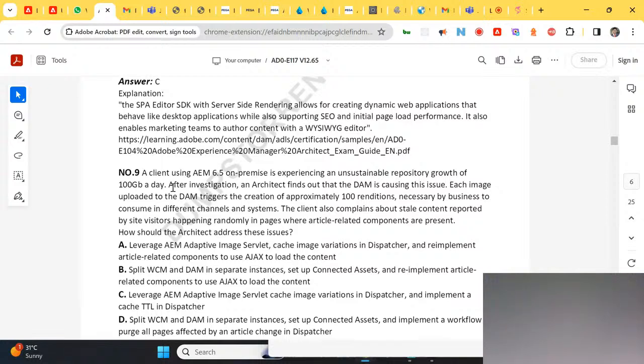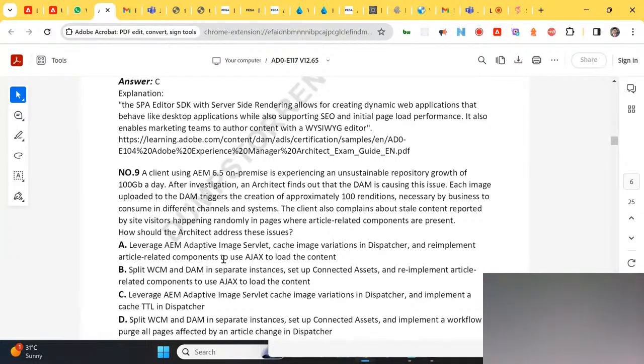The only way to solve it is having images separately created independent of the out of the box option, and then we can have multiple variations in the dispatcher, and to have the stale content also not served from that, we can use article related components to Ajax load the content from asynchronous JavaScript.